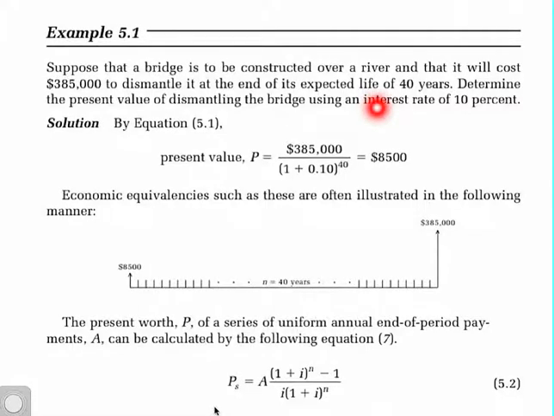So what you need to find is the present value of dismantling the bridge using an interest rate of 10%. By using the equation P equals F over (1 plus i) to the power of n,